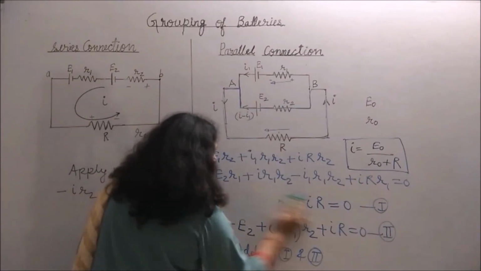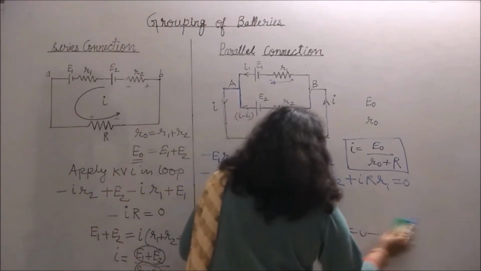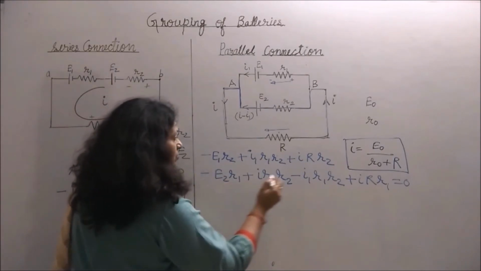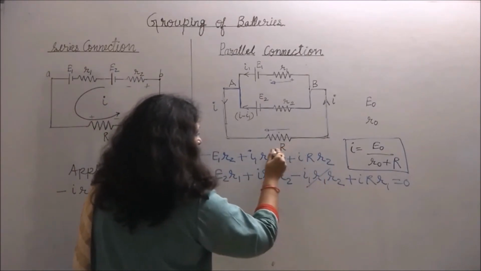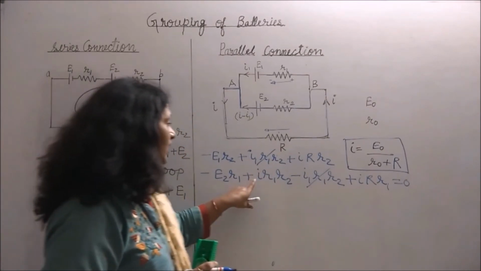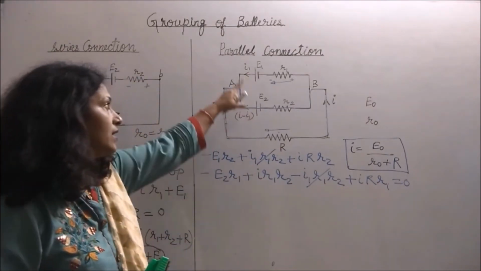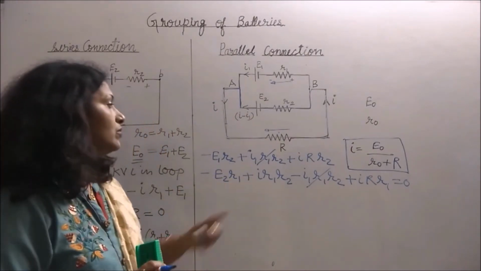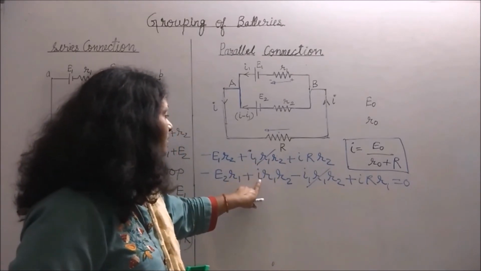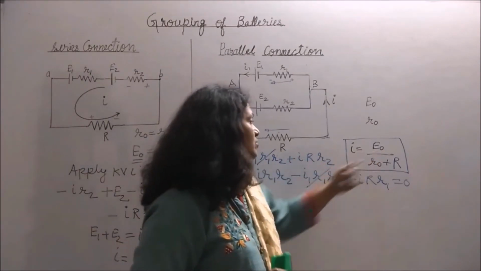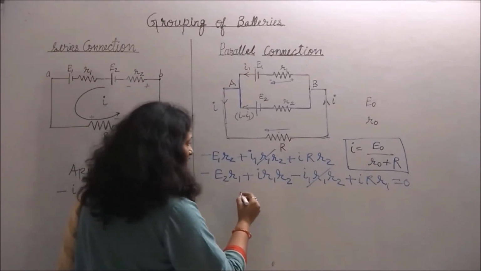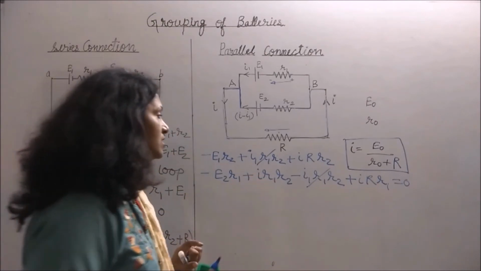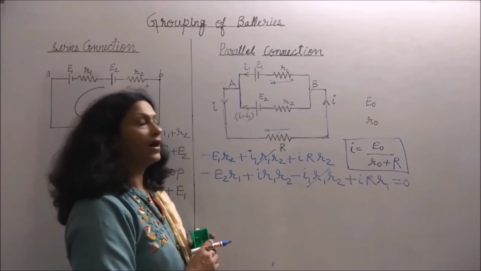Okay, so we got this equation by the summation. So we can cancel these two terms containing I1. Now we are left with only I and all the known parameters. So we are left with only I in the equation. So we can get the I here. So here I1 is eliminated, and now we can find the value of I.